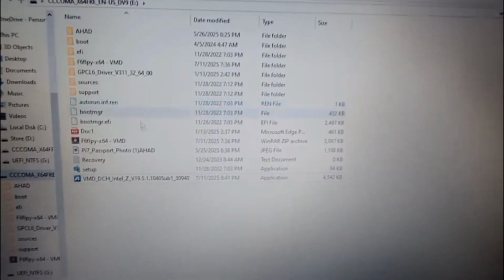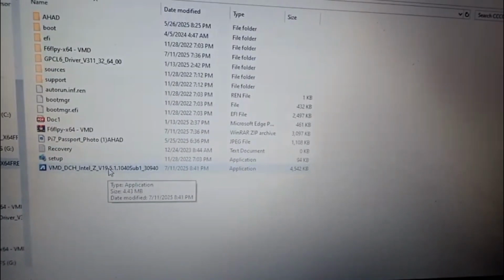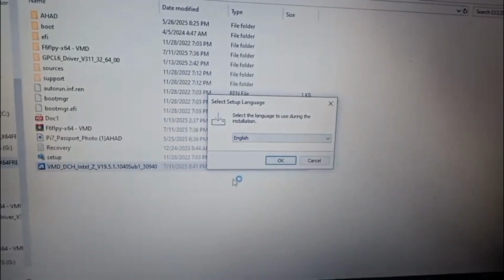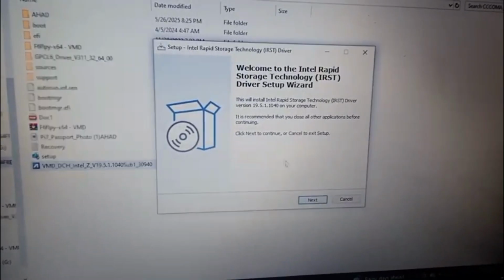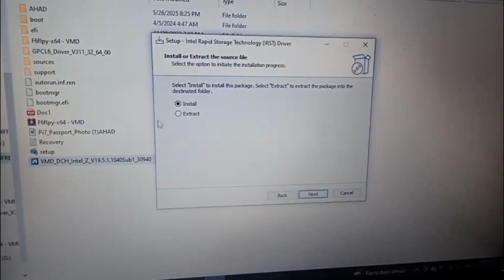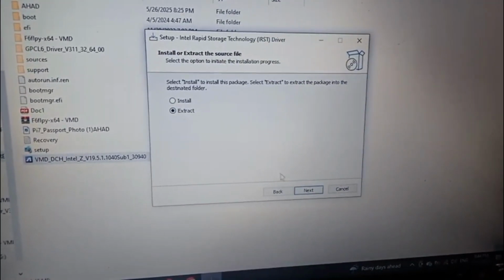After downloading this Intel Rapid Storage Technology, you have to double click on that in the same laptop, not in the other laptop where you are installing the Windows. Just click on OK, and if you click on next, OK, and you will get the option for extraction. Okay, don't install, just click on extract